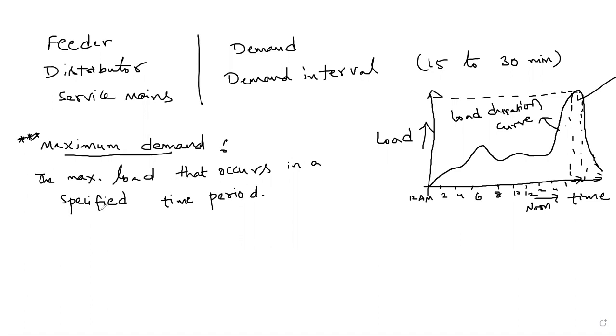Again, the duration for taking the maximum demand should be the same as your load duration curve. You can take it on a daily, weekly, or annual basis, but as per our wish, we can consider this maximum demand. Generally, in India, it should be calculated on a monthly basis, in terms of kVA for electricity bill generation purposes.